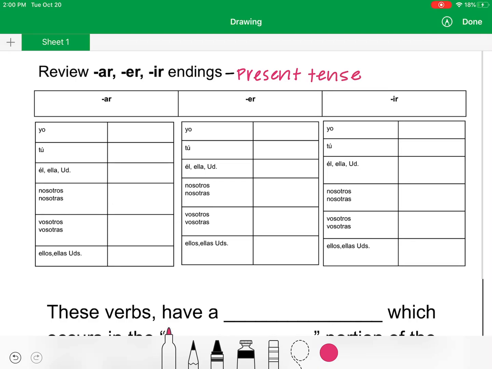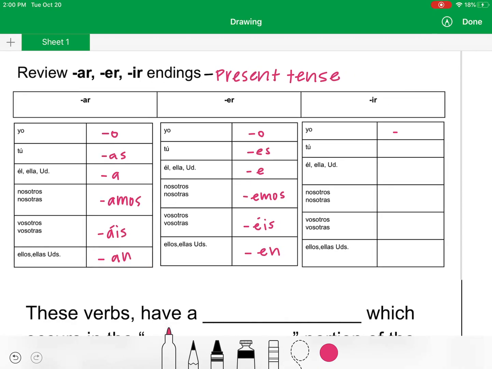Okay, so you've got your AR verbs. You've got o, as, a, amos, ais, and an. Okay, then for ER, o, es, e, emos, eis, and en. We've got IR verbs, which is pretty much like the ER,